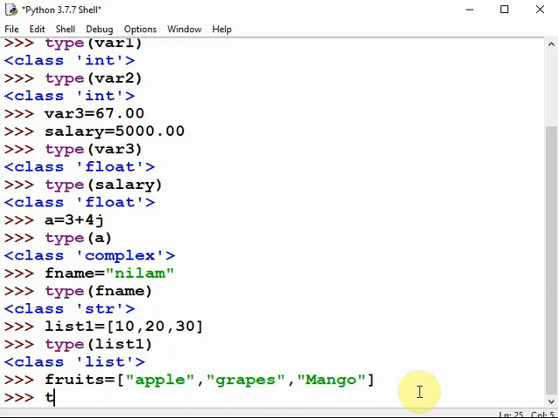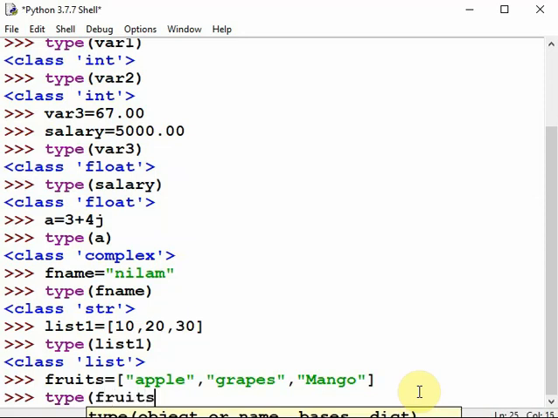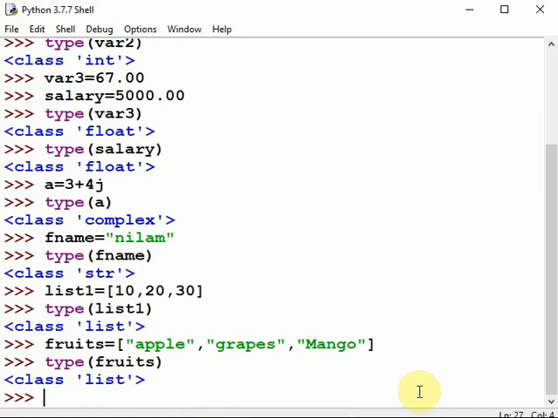Now see type, in bracket, fruits, enter.